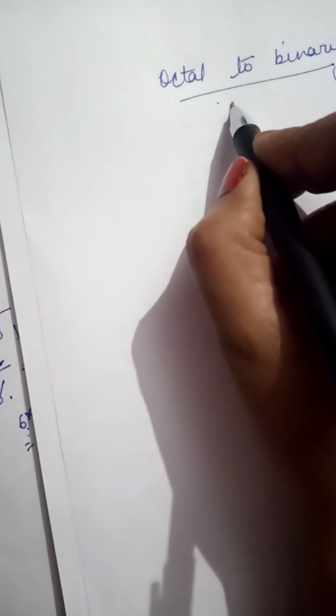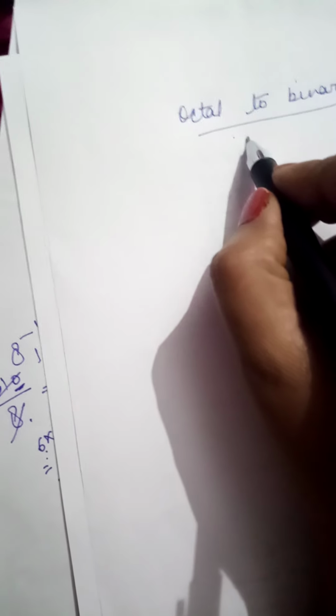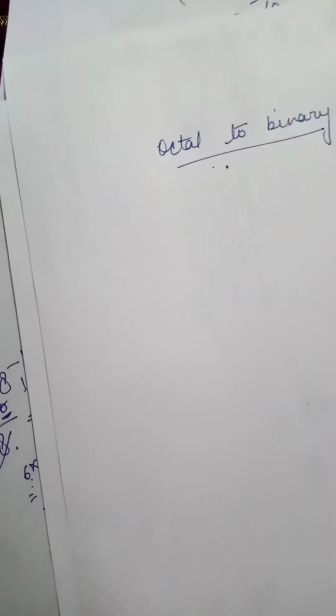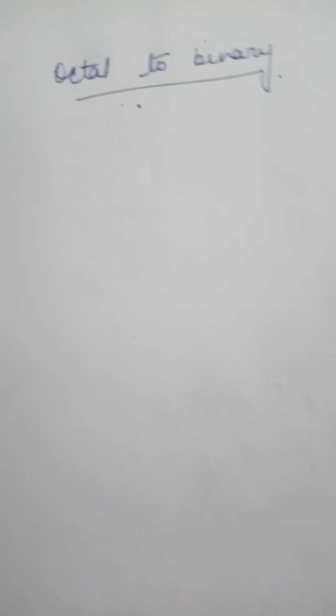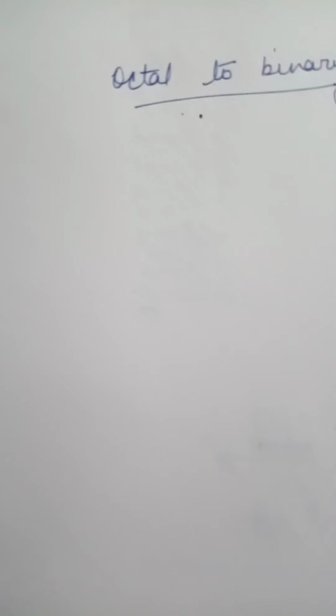Now how to convert octal to binary? If you have to convert a number from octal to binary, this conversion is performed by converting each octal digit to its 3 bits binary equivalent. Okay. Octal number will be given. You will be converting each digit of octal number to the binary. Okay. How you will convert? Suppose you have this number 472.